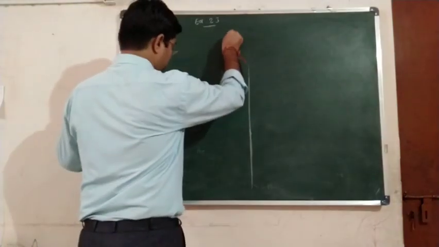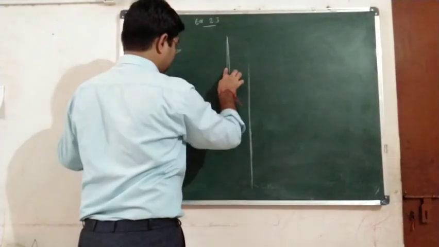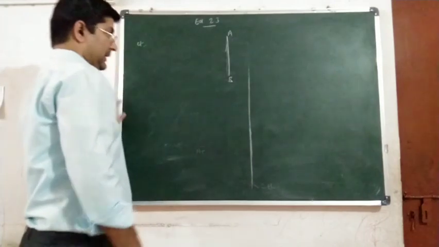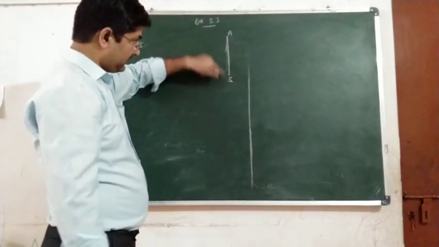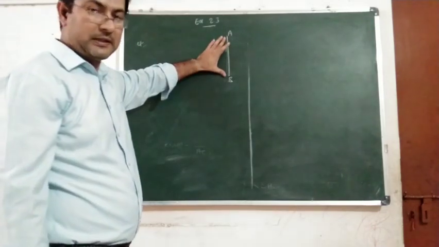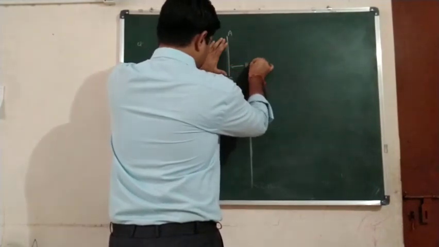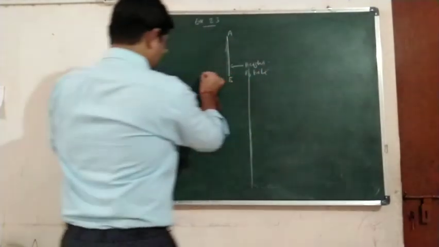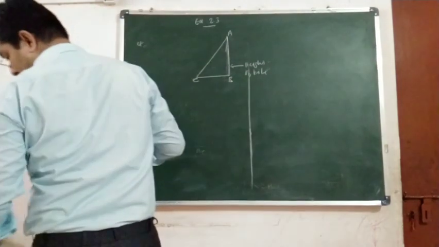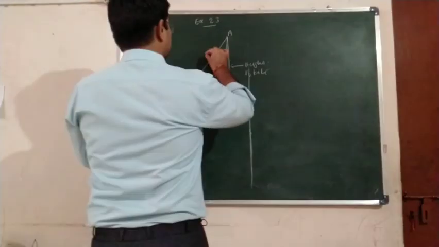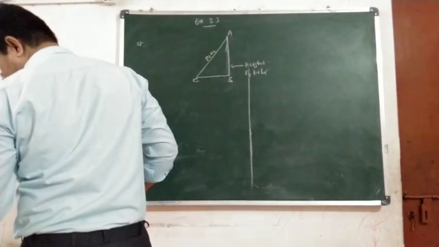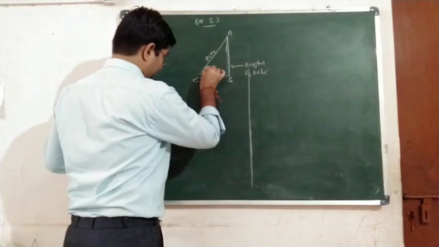Okay, here suppose at a certain height a kite is flying. Say here A represents the kite and B is a point along the vertical line through A on the ground. So B is a point on the ground. In other words, AB represents the vertical height of the kite. Okay, length of string or thread is given. Suppose AC represents the thread. The length of the thread is given to be 80 meters, and the angle of elevation